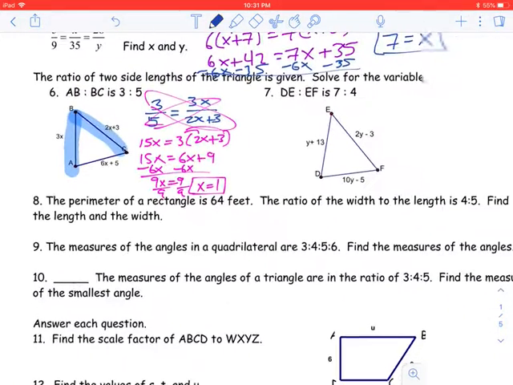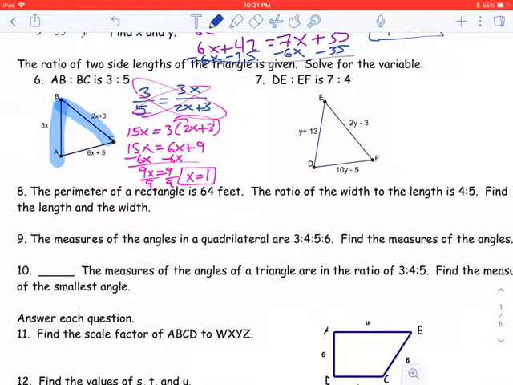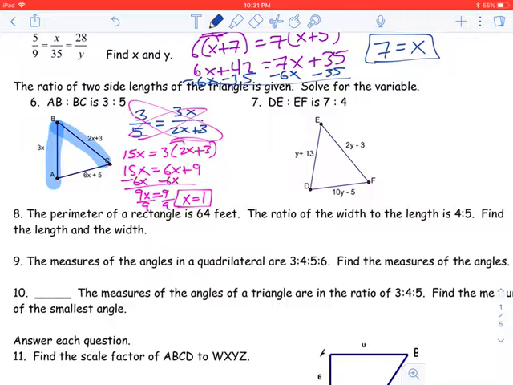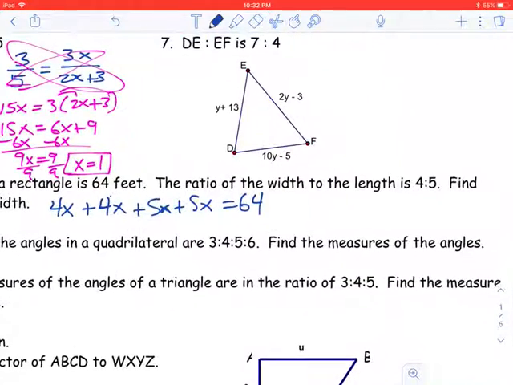So number 8, we actually did a little bit of that in class, but the perimeter of a rectangle is 64. So I need to add up the sides. Well, if the width and the length are 4 to 5, I don't know what they are, but I know they're proportional. So 4x plus 4x, because there's 2 widths, plus 5x plus 5x, since there's 2 lengths, equals 64. That's a perimeter. Okay, so when I combine those like terms together, I get 8 plus 10 is 18x equals